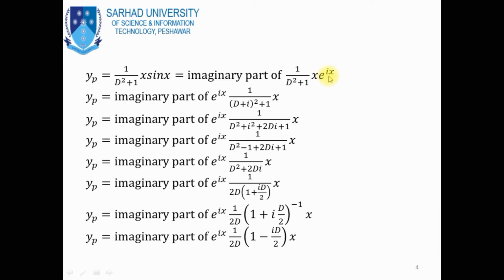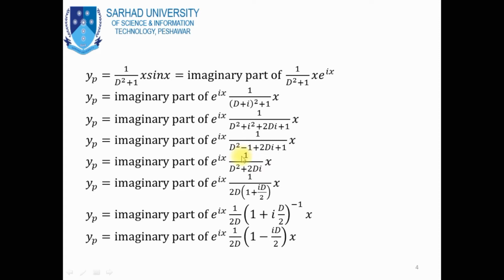Now you see over here the exponential function is multiplied with a polynomial, and this is actually case number 4. For the particular solution, we take out the exponential function e power iota x and replace D by D plus iota. The argument of the exponential function is iota. So 1 over (D plus iota) whole square plus 1. Now (a plus b) square is a square plus b square plus 2ab, plus 1. D square is as it is, and the iota square value is minus 1, plus 2D iota, plus 1, into x.